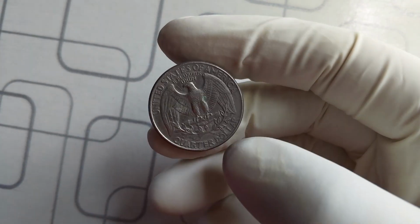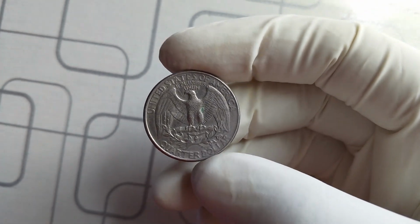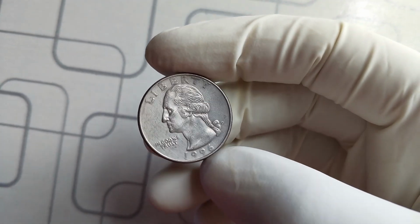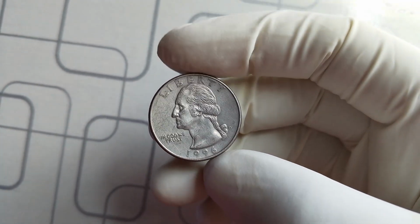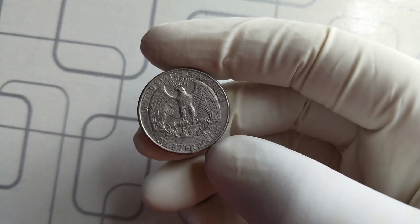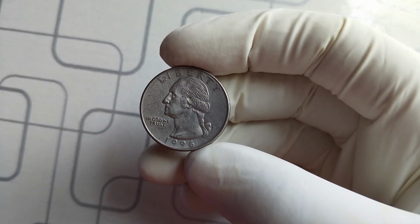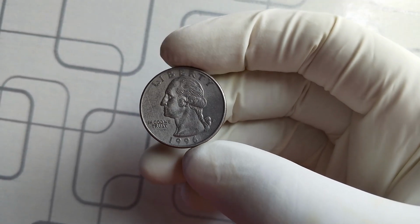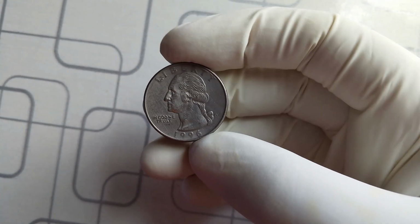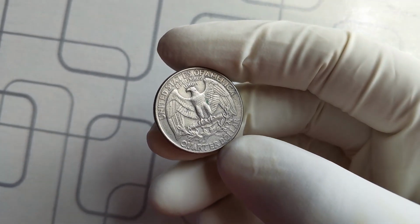Now you might be wondering, if millions of 1990 60 quarters were struck, what makes this particular coin so valuable? That's a great question, and the answer lies in a combination of factors: rarity and condition, minting anomalies, historical interest, and collector demand. While hundreds of millions of these coins were minted, the vast majority entered circulation and suffered wear, scratches, and damage from everyday use. Only a very small fraction survived in pristine condition, and even fewer display unique minting characteristics that collectors consider one-of-a-kind